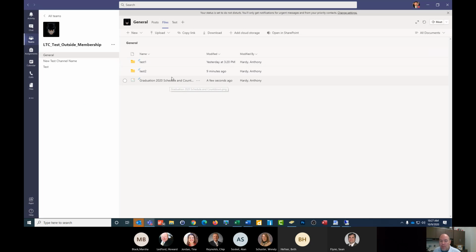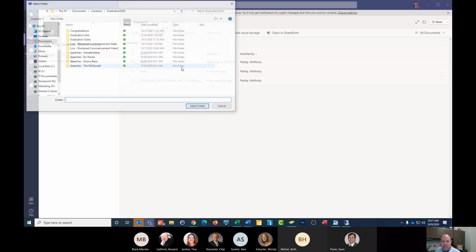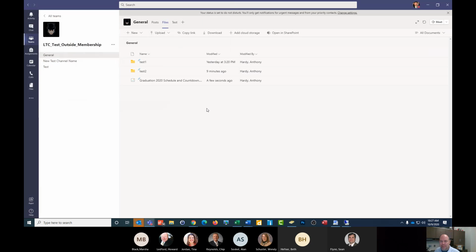So now that I've uploaded that one document, I can upload more. Again, a whole file or folder, and you simply browse to wherever those documents are and upload them. Do not use this as a repository for your personal My Documents folders. I've stressed this again. The team files area is for Teams documents, so documents that the entire team need access